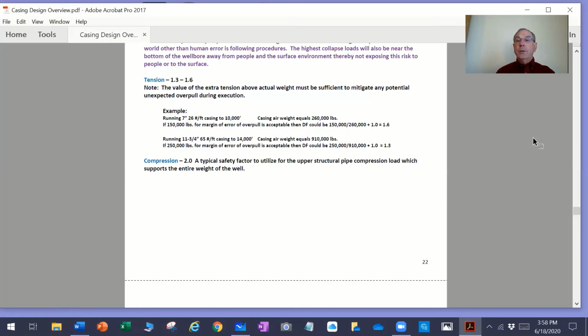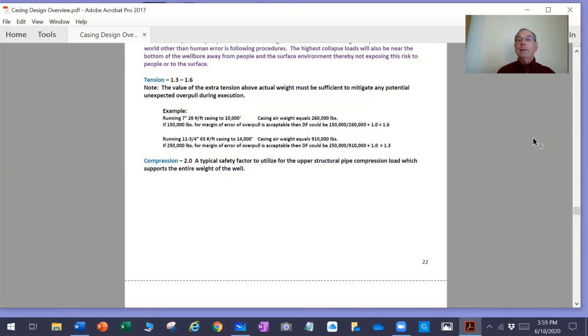So even using a larger number, if we thought 250,000 pounds of margin of error for overpull was acceptable, and we were not going to be hanging off any drill pipe in that wellbore, based on our experience in the area, then 250,000 pounds overpull divided into that 910,000 is equal to only 0.3 extra. So we could actually use a design factor down to 1.3 and be acceptable and safe for that particular